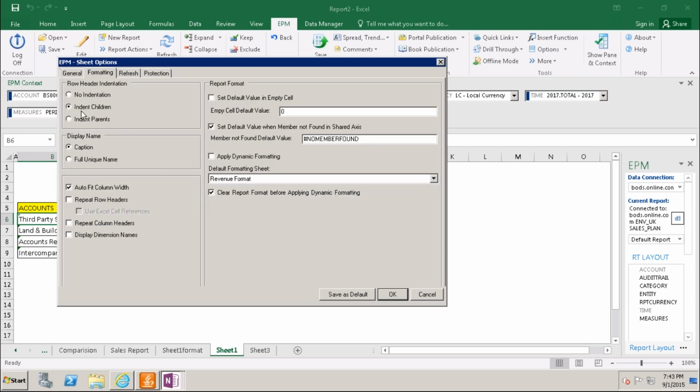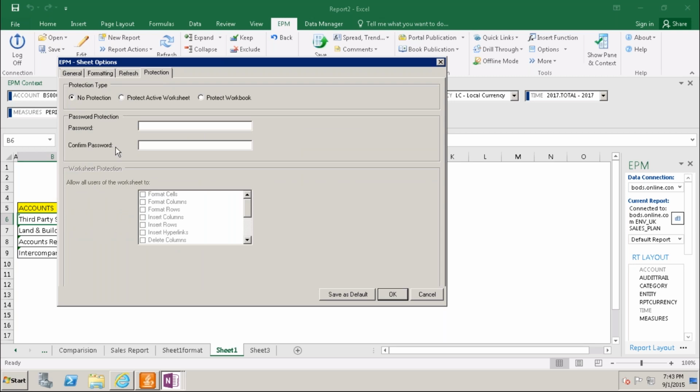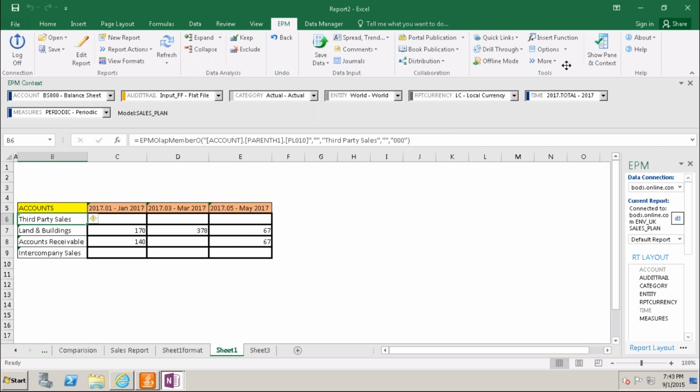Formatting, refresh, a few refresh options will work for us, and protection. In the protection, we can protect by using the password, that EPM worksheet. These are all about options, and under options, only the sheet options.